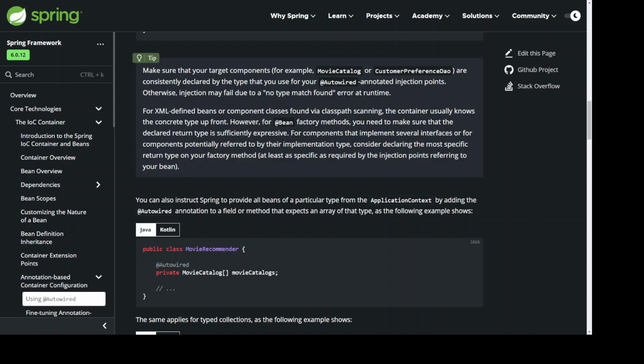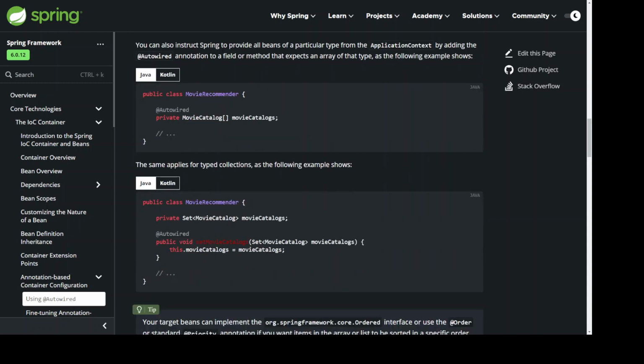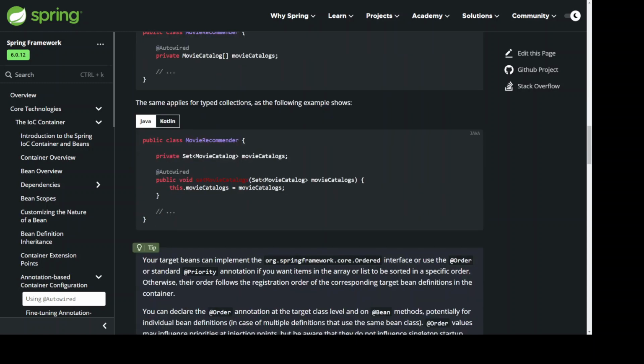You can also instruct Spring to provide all beans of a particular type from the application context by adding the @Autowired annotation to a field or method that expects an array of that type, as the following example shows. public class MovieRecommender { @Autowired private MovieCatalog[] movieCatalogs; } The same applies for typed collections, as the following example shows. public class MovieRecommender { private Set<MovieCatalog> movieCatalogs; @Autowired public void setMovieCatalogs(Set<MovieCatalog> movieCatalogs) { this.movieCatalogs = movieCatalogs; } }